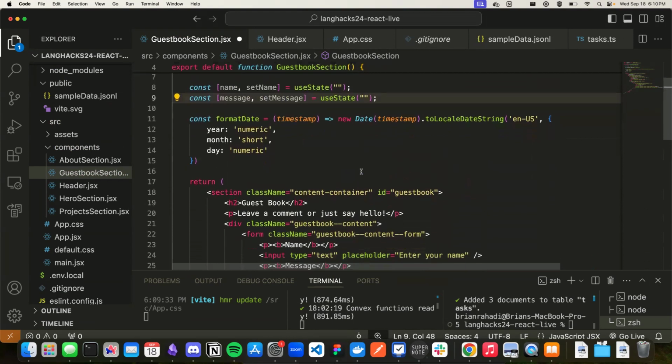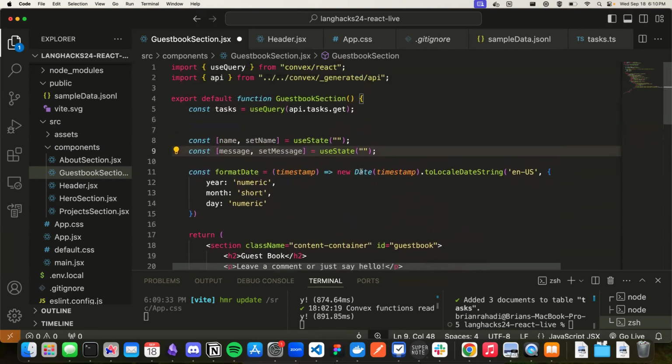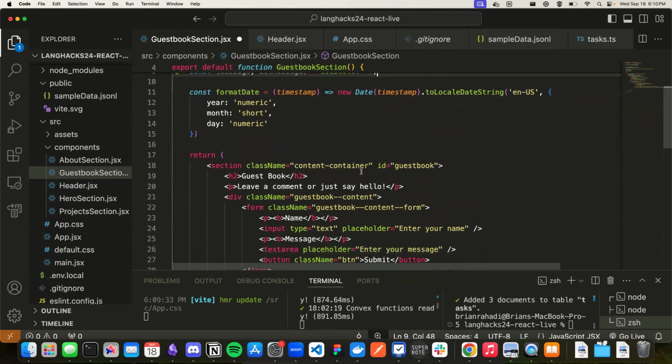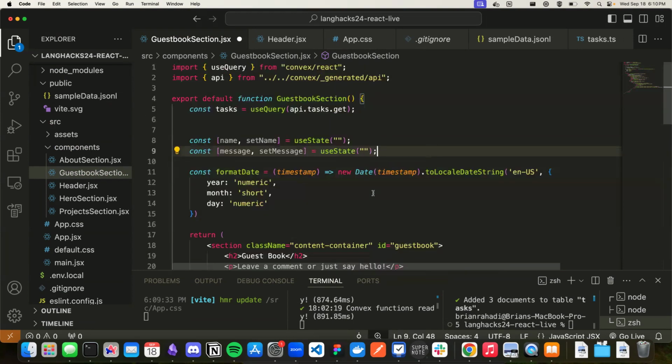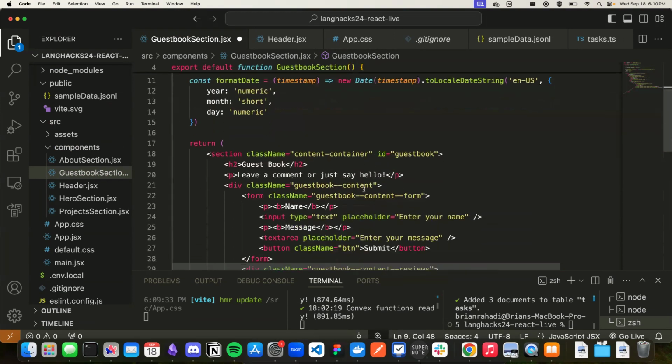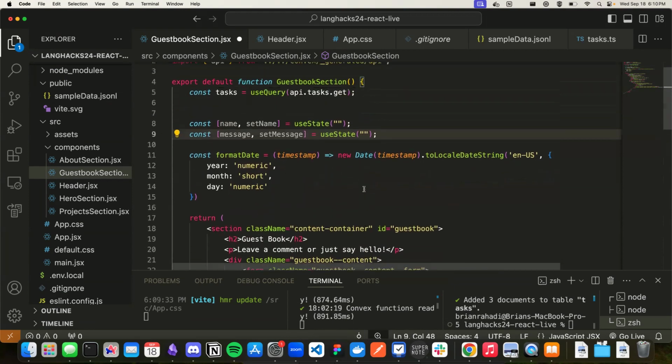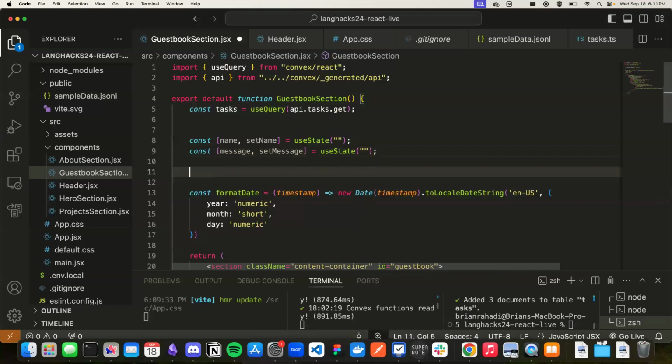We want to make sure that the form implements a function. When we click the button, it runs the function, and then the function will just call the API of Convex itself. So I'm going to implement the submit handler here,